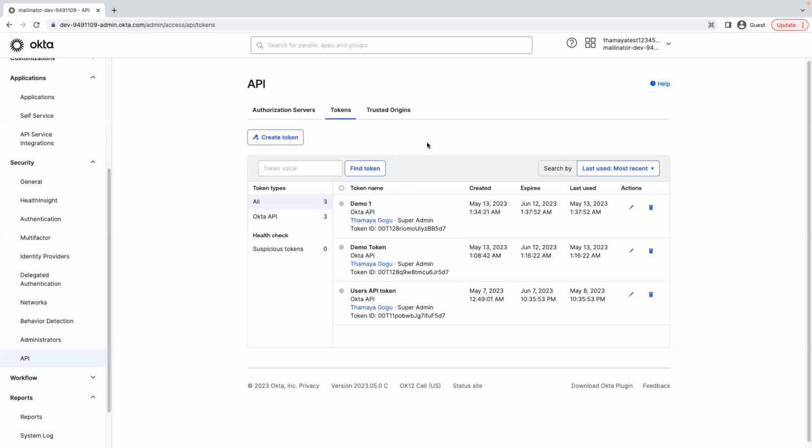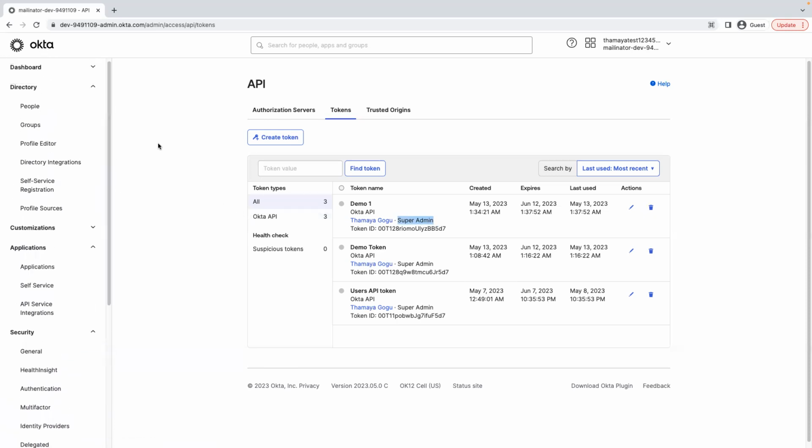So how can we give minimum permissions? Since the API tokens derive the permission from the user who is creating those tokens, we should create those tokens using the relevant administrator. What is the relevant administrator? For example, if there is a service or application which is calling the Okta APIs, and it is calling only the people, group and application APIs to perform certain operations,